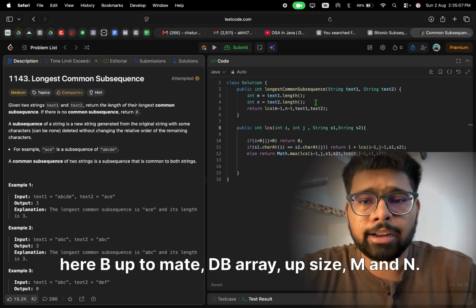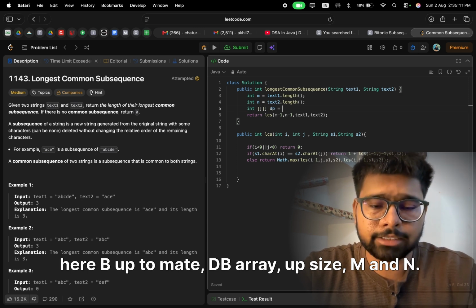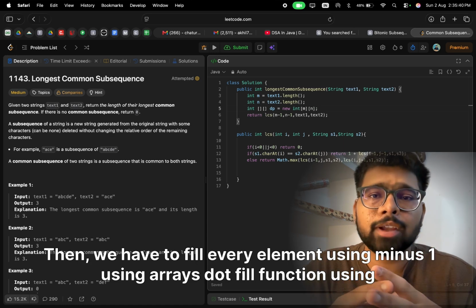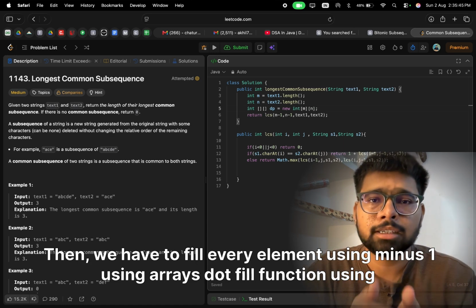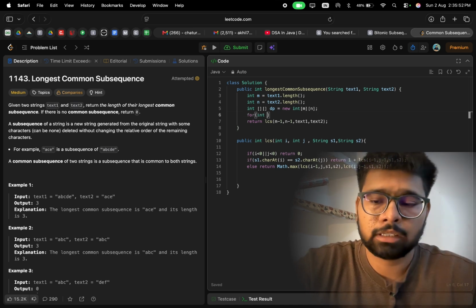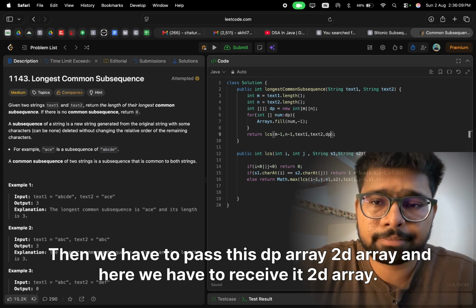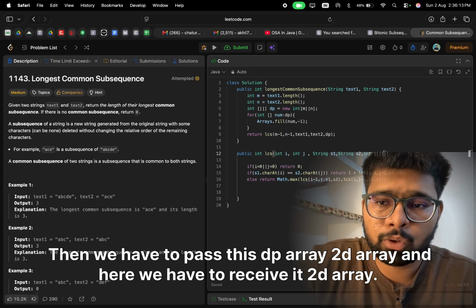Here we make the dp array of size m and n. Then we fill every element with -1 using the Arrays.fill function in a single loop. Then we pass this 2D dp array, and here we have to receive it; it is a 2D array.